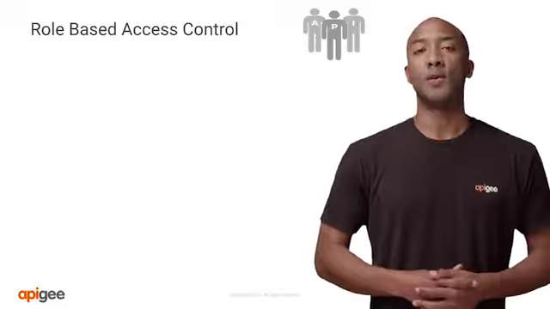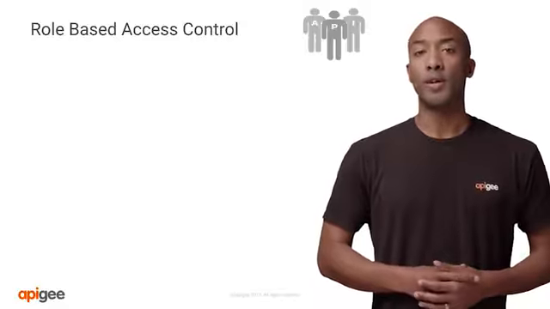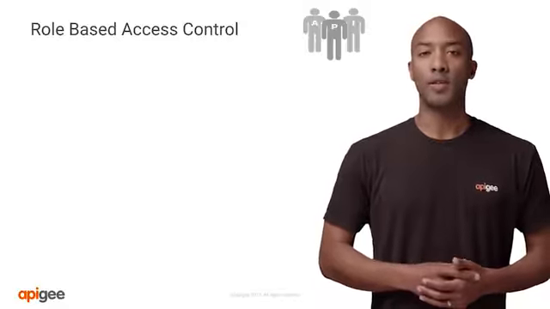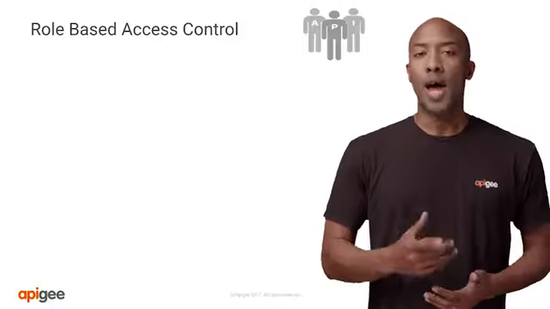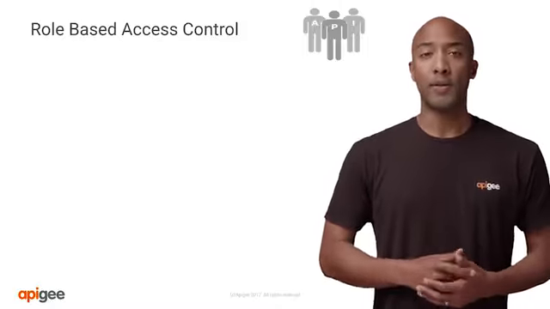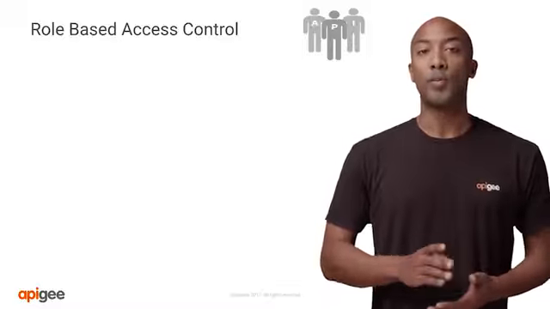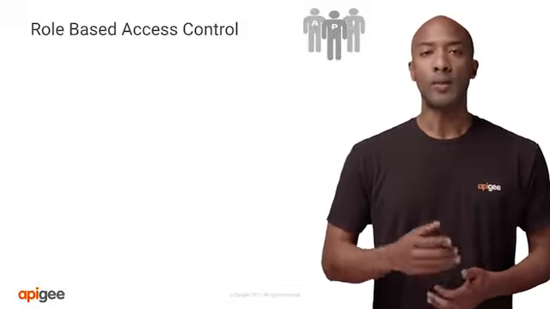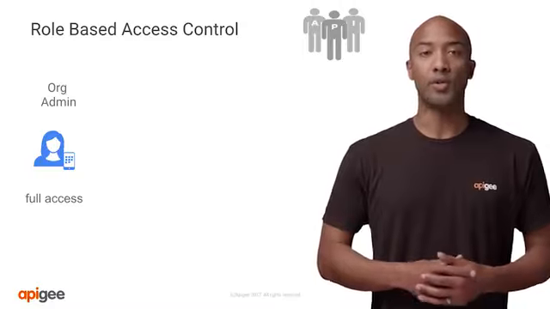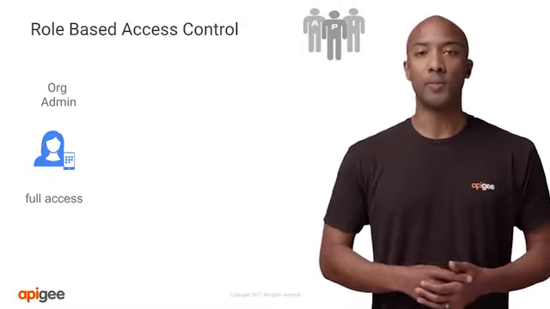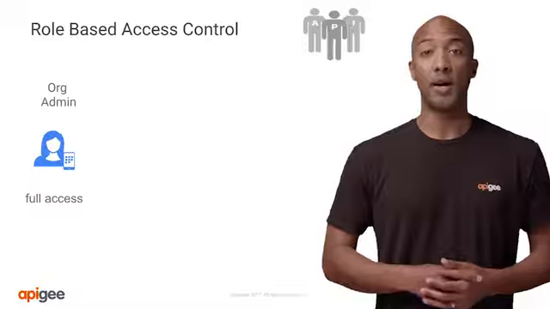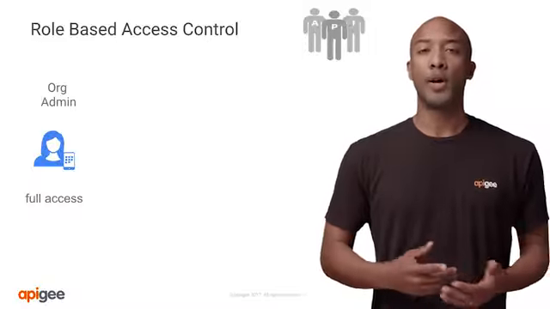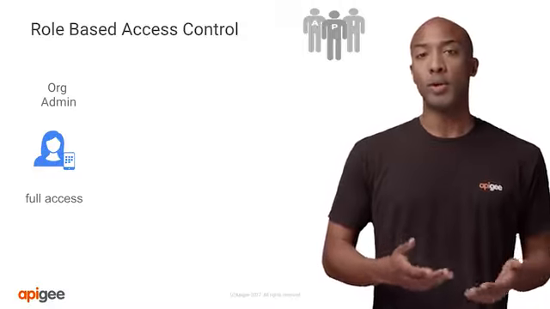Now we'll discuss the key terms for proxy security. Next, we'll briefly cover how we secure access to the Apigee Management UI. Apigee secures access to the Management UI via roles, also known as role-based access control. There are 4 predefined roles in Apigee, but you have the ability to create custom roles, if any. First, the org admin has full unrestricted access to the Apigee Management UI, as well as the Management API, which we'll cover next. Try to keep the number of users in this role to a minimum.